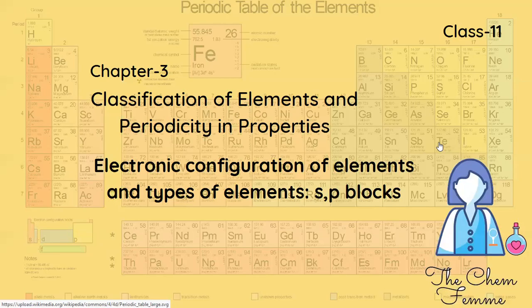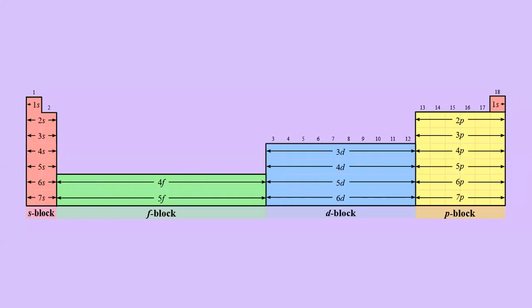In the previous video, we had learned about the electronic configuration of elements and the periodic table, that is the electronic configuration with respect to groups and periods. Now, in this video, we are going to be talking about the various types of